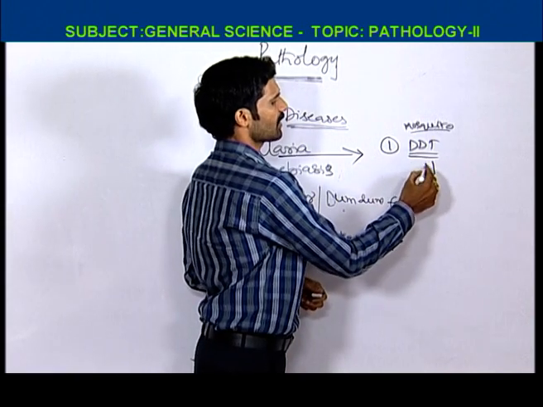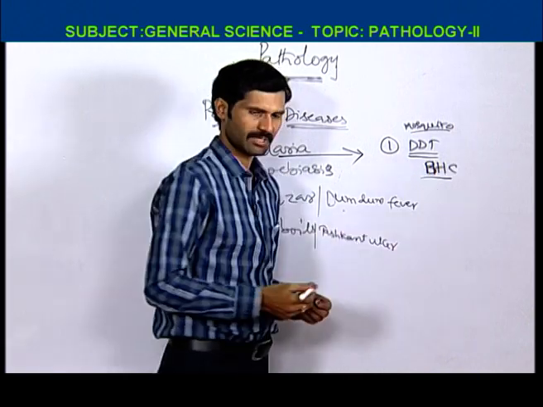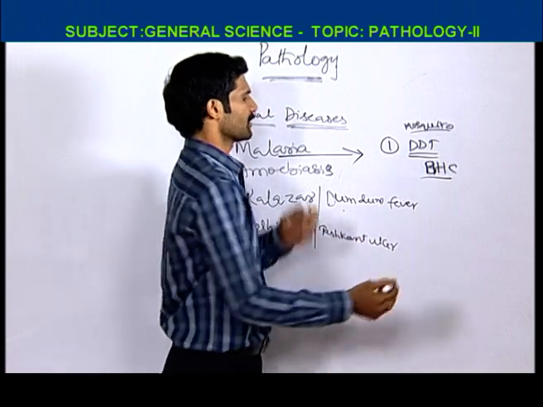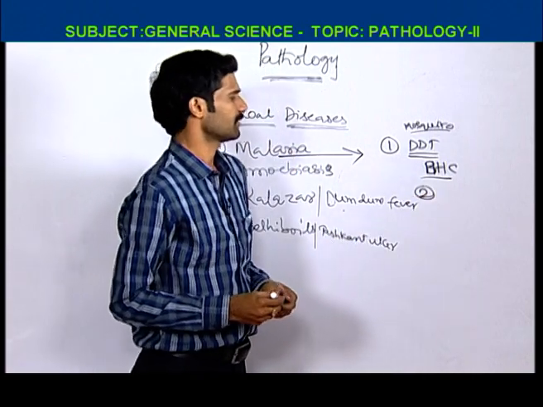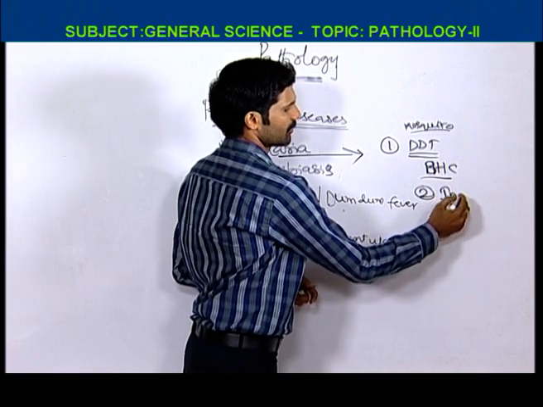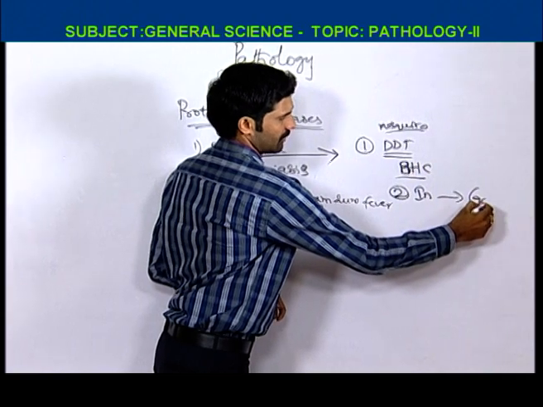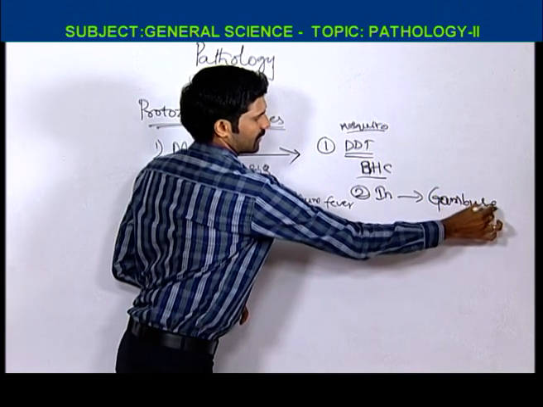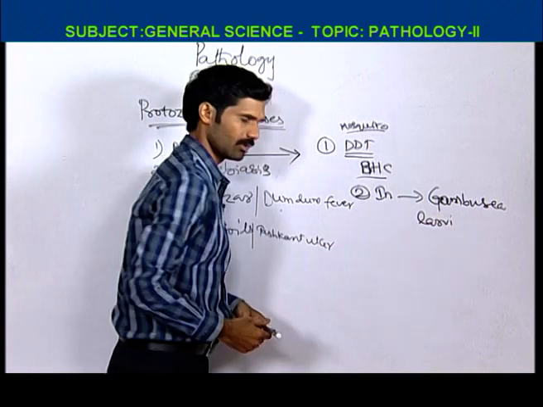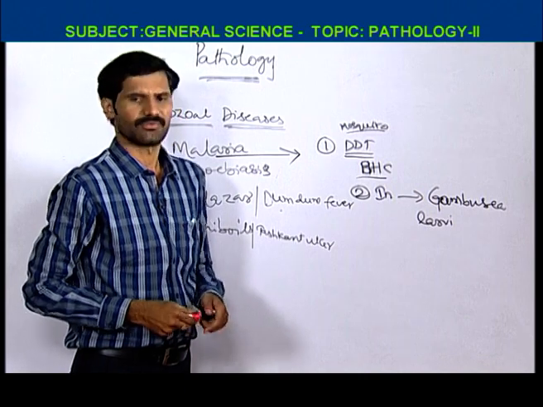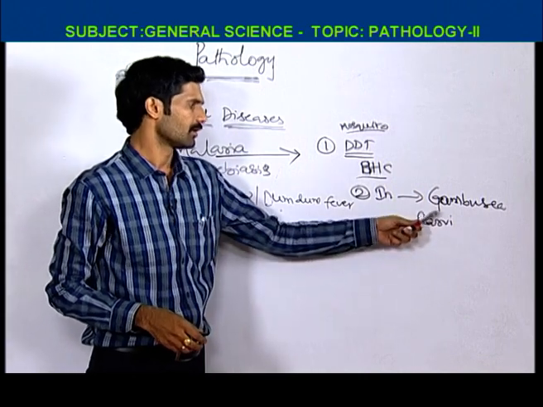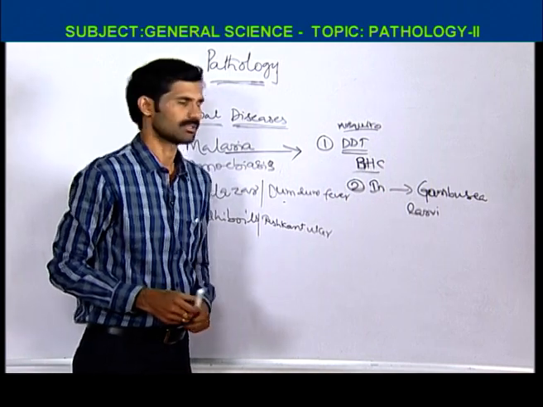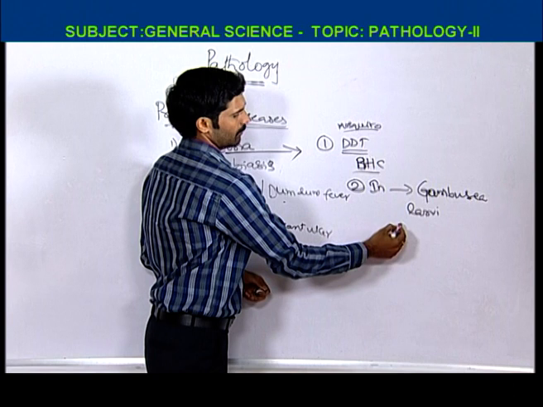Next, benzene hexachloride, another chemical, is sprayed on sewage water or ditches. The second prophylactic or preventive method is introducing a larvivorous fish, namely Gambusia. It is a larvivorous fish. It can engulf or destroy the larval forms of mosquitoes. That's why introducing Gambusia fish is another preventive method in malaria, and also planting